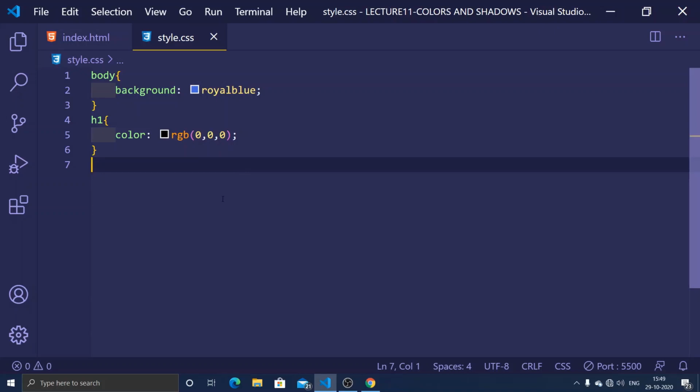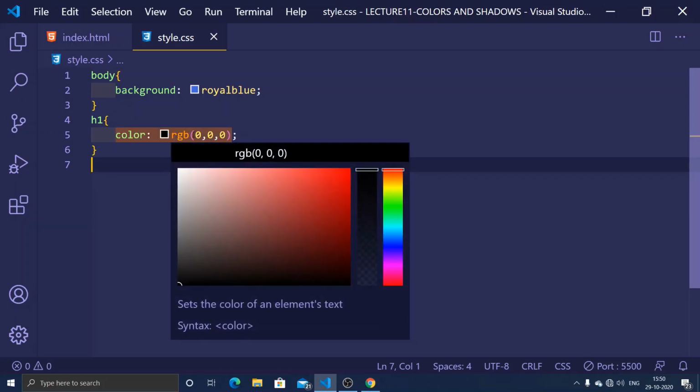And after that, if you want to choose a color, because it will be difficult for me to memorize all the hex codes, everyone has difficulty memorizing all the hex codes for choosing a specific color. So what the developers have done is that this Visual Studio Code IDE provides us a color panel over here. By hovering over it, I can get my color, and I can choose any color from here.